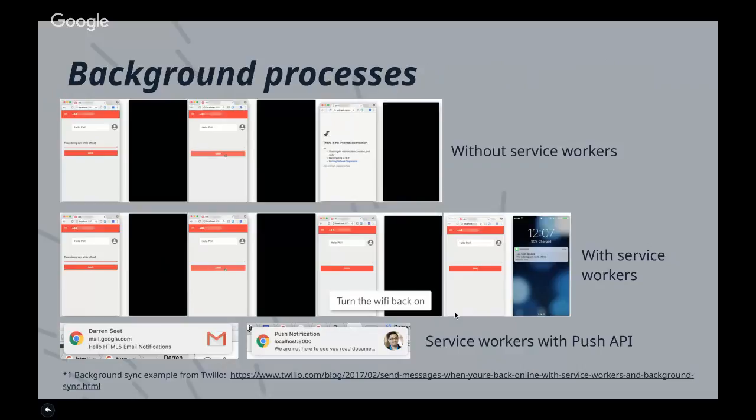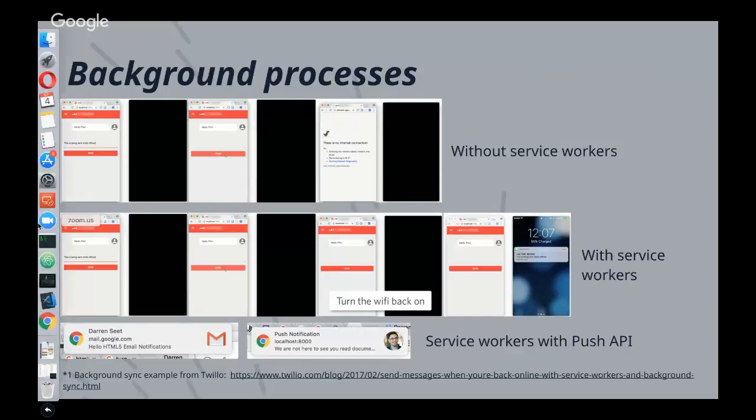They were demonstrating a message app built using Trello. And the messages on the top was an app built without service worker. So if you go into a scenario where your app runs into a bad network condition, you'll see a 404 page.